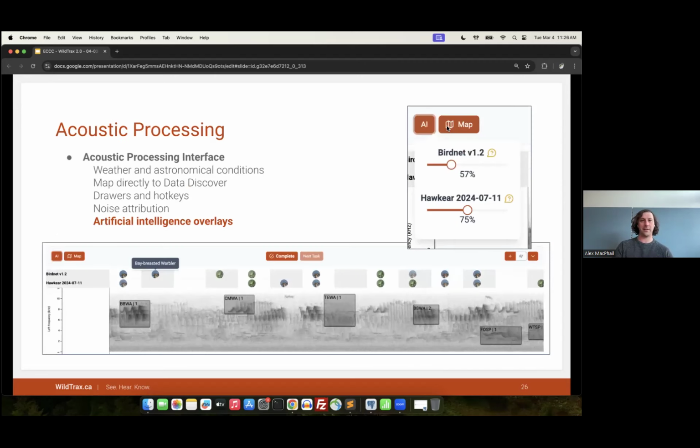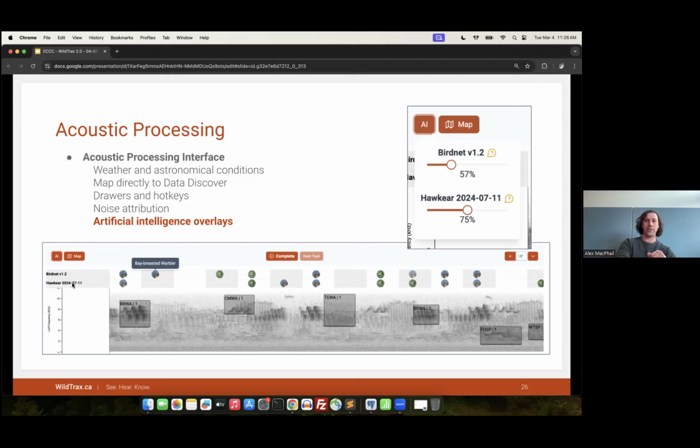So to dive deeper into this, the AI overlay will exist just above the spectrogram here. You'll see that they're broken up into these 1.5 second windows. What you're seeing within the overlay interface is that the AI, BirdNET, detected a bay-breasted warbler within the first 3 seconds, within this interval in the recording. And of course, you can see a really clear bay-breasted warbler that the humans also detected. So this is the premise of how the overlay works.